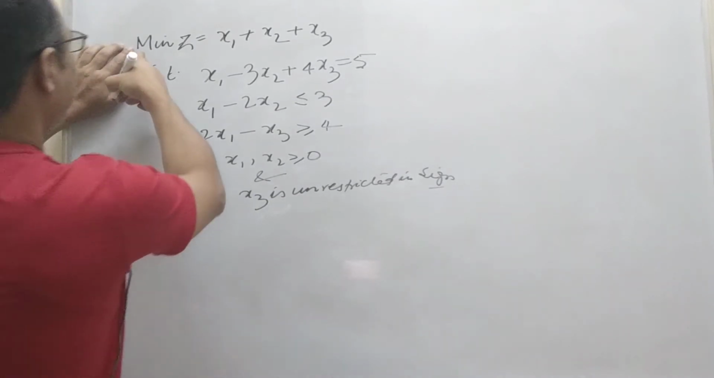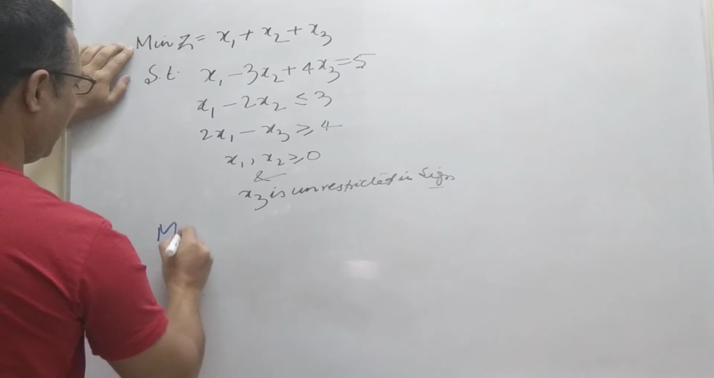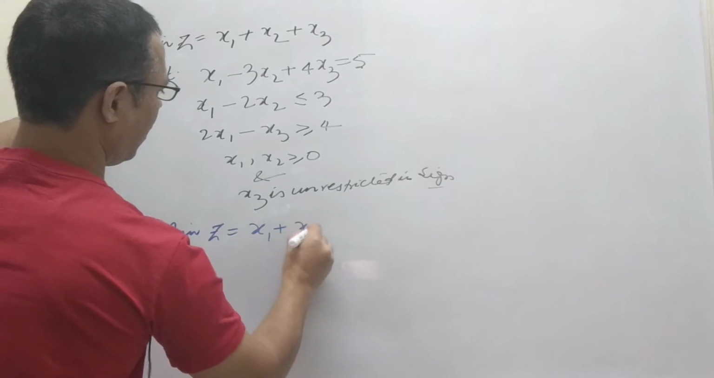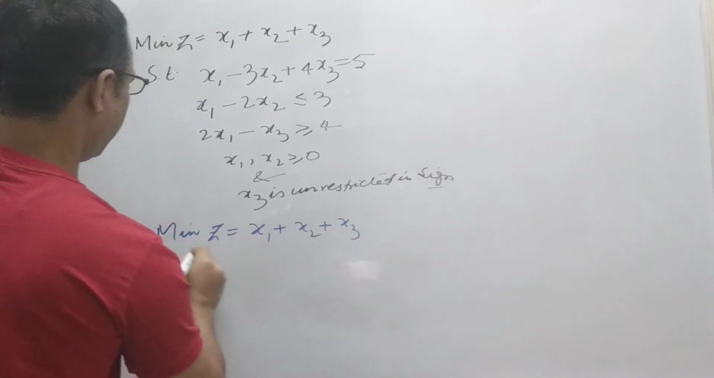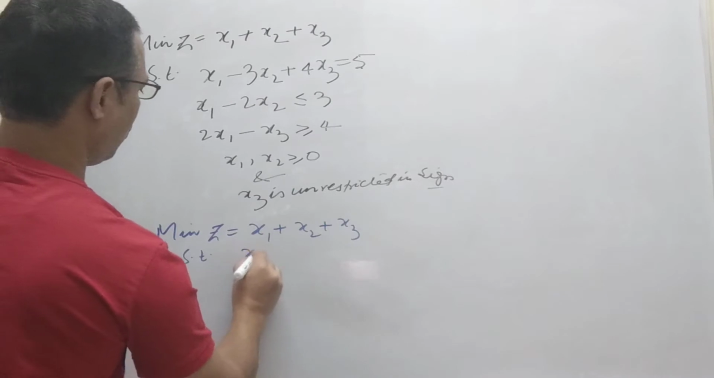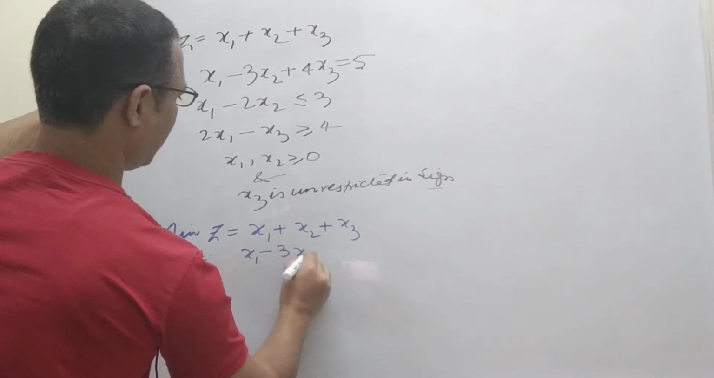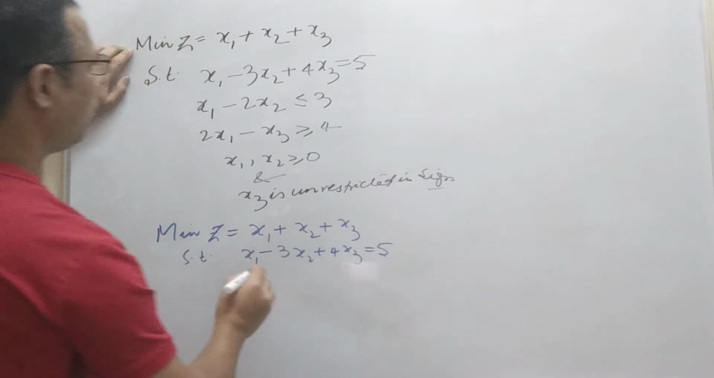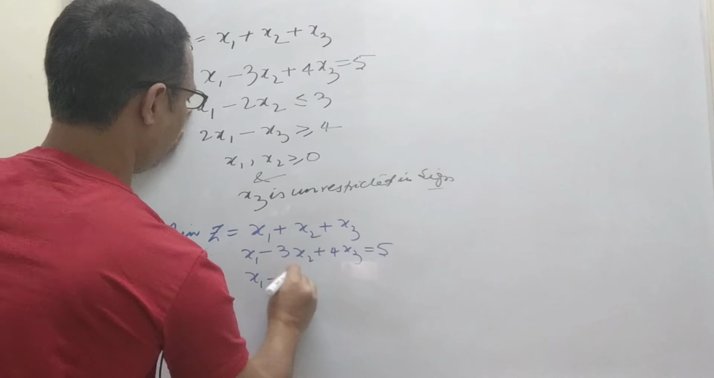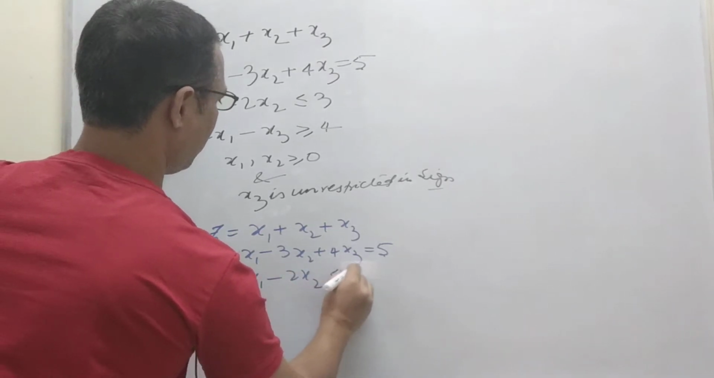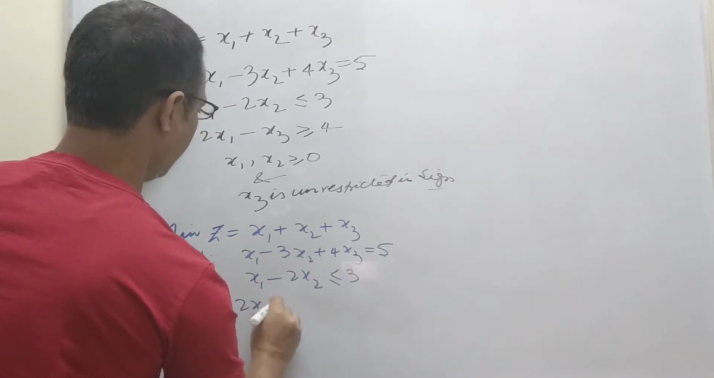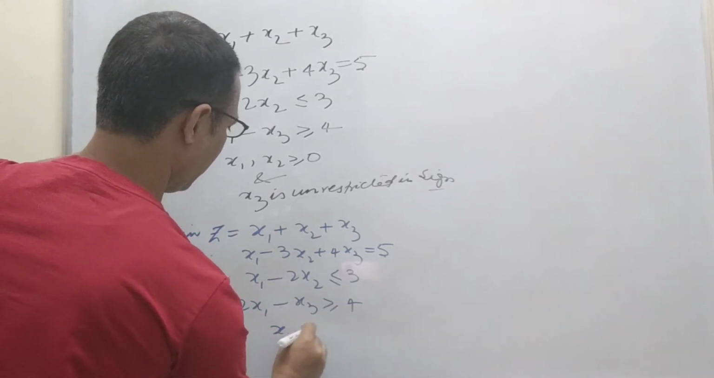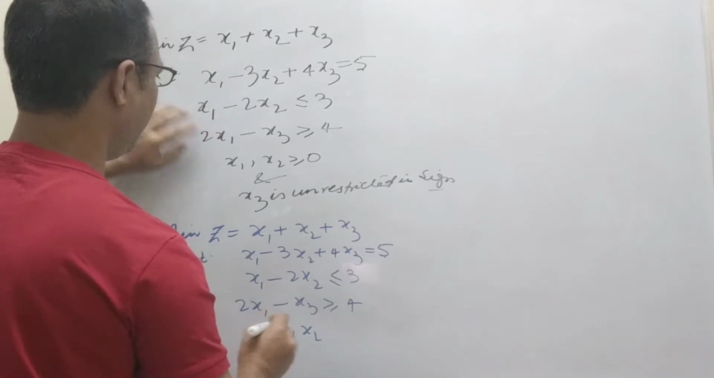It's very simple. First we just need to copy and proceed. Z is equal to x1 plus x2 plus x3 subject to x1 minus 3x2 plus 4x3 is equal to 5, x1 minus 2x2 less than or equal to 3, 2x1 minus x3 greater than or equal to 4, x1, x2. Here I am going to consider, let